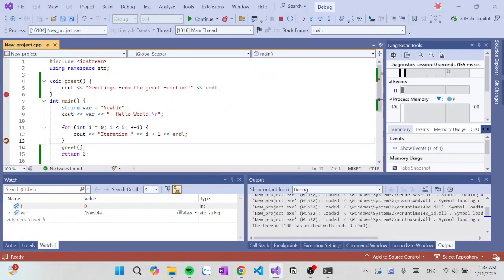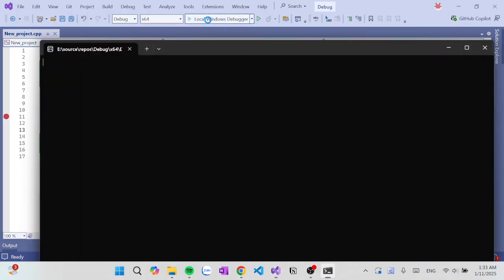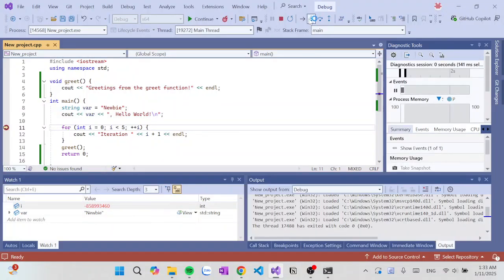Let's say I put a breakpoint at the start of this loop, and then we'll start the debugger. So if we press step into, it will start.